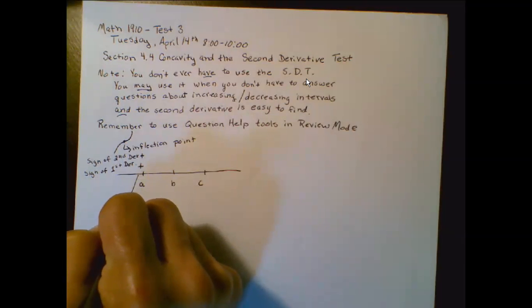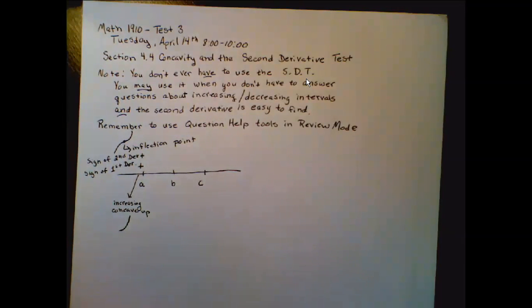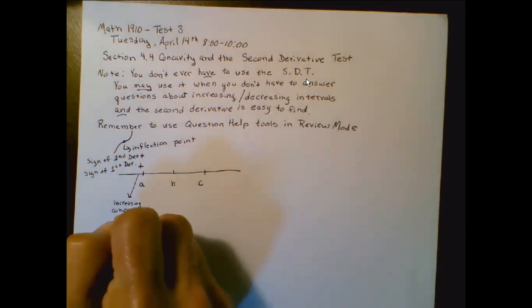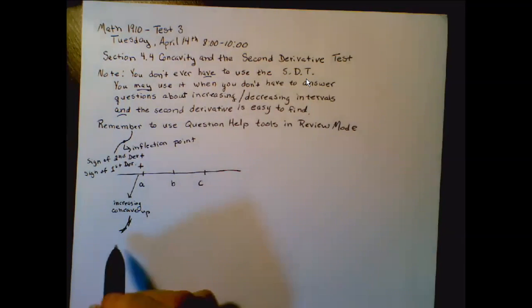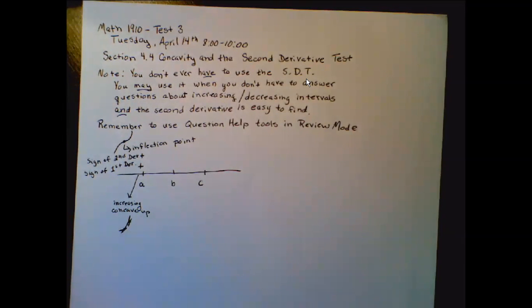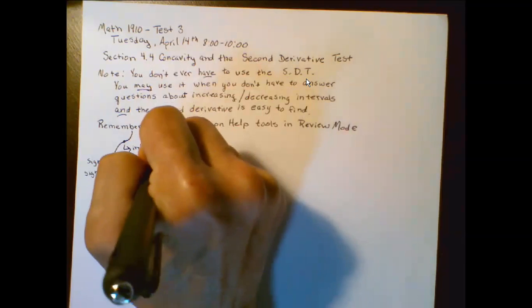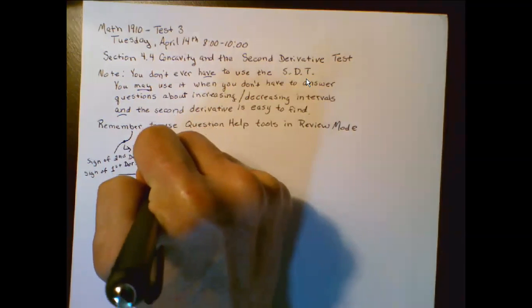Concave up, technically, means that the slope of the tangent line is increasing. The tangent line is steeper here than it is there, and that's why it's concave up. But if the first derivative is positive and the second derivative is negative,